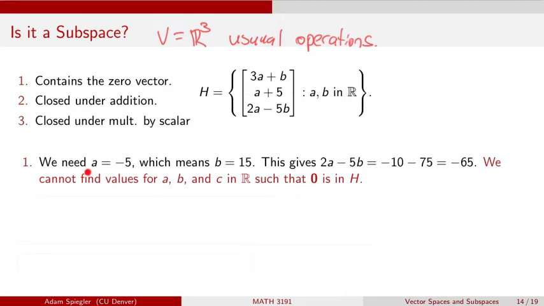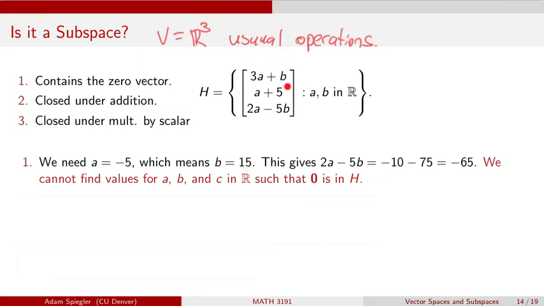And if we have the zero vector inside of H, the first thing that I can see is, well, a would have to be minus 5 because I want this second component to be 0. So if we set a equals minus 5, then looking at the first component, we would see that B would have to equal 15. So if I set A is equal to -5 and B is equal to 15, we have a first coordinate,